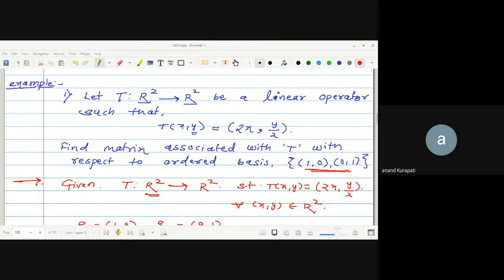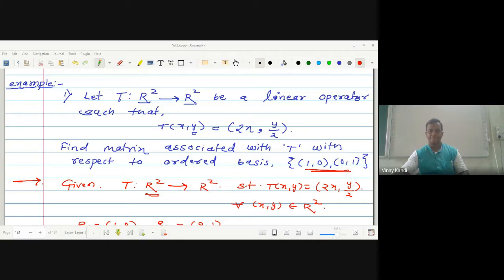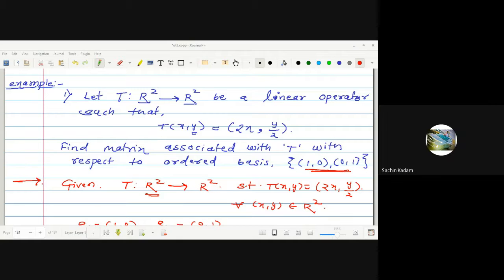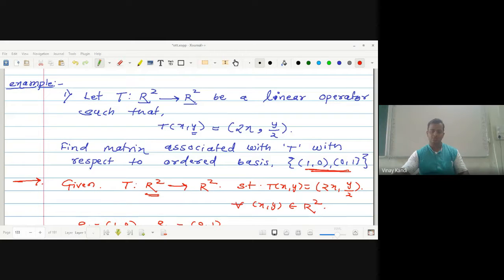No, sir. Okay, so we will move towards next point, next example,